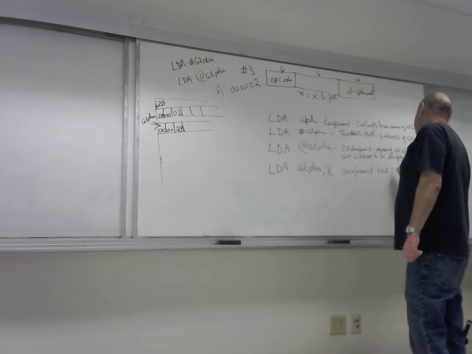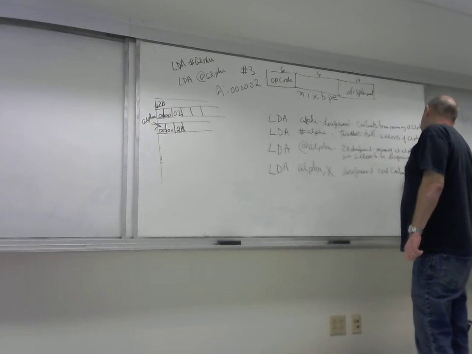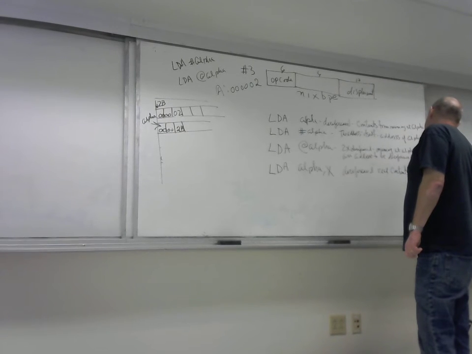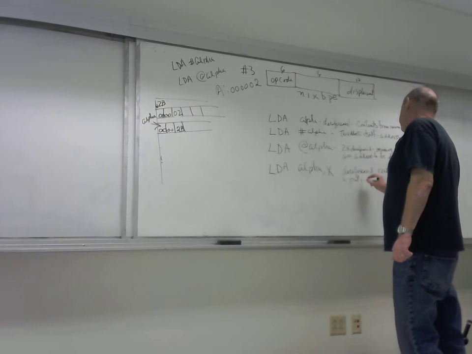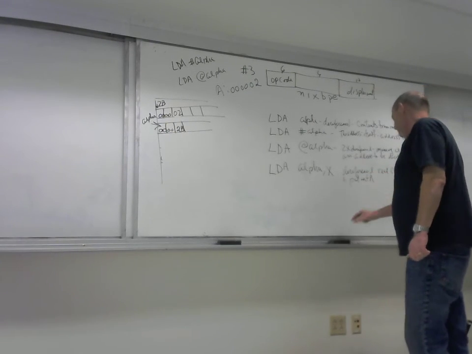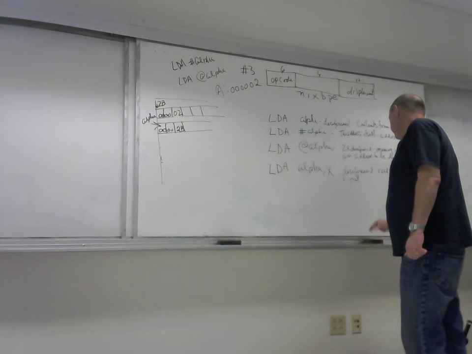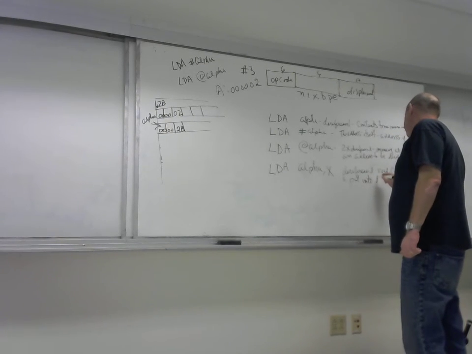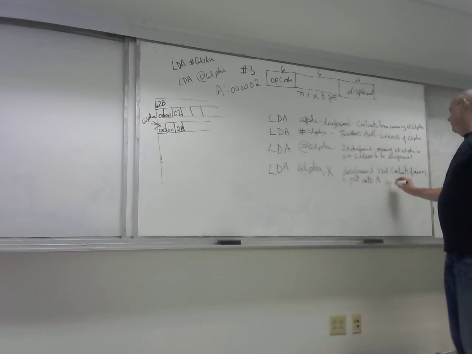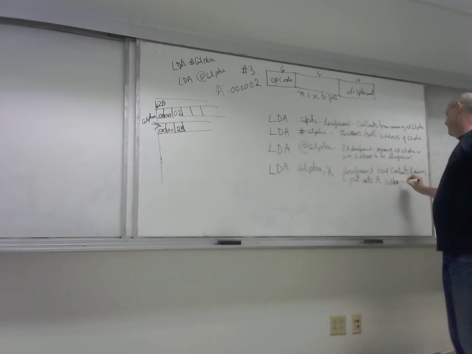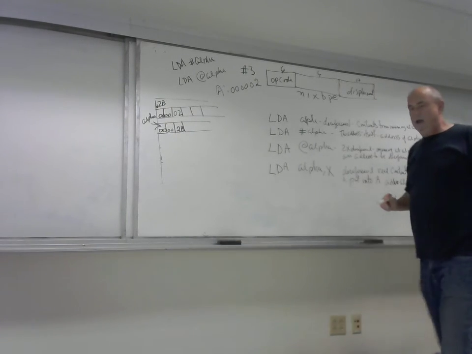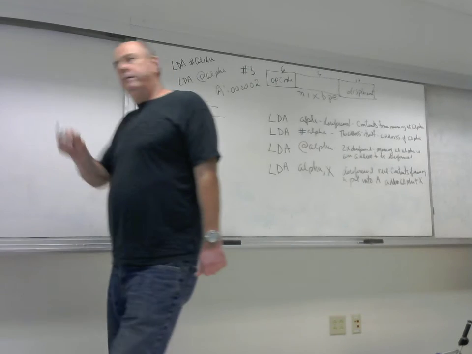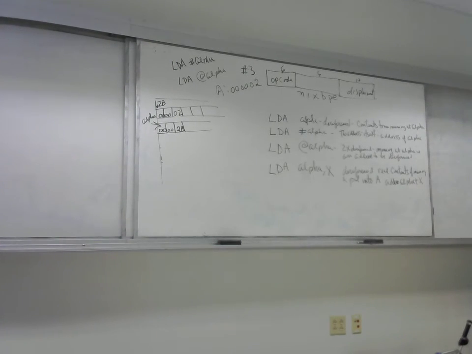Read contents of memory and put into A. And this is address alpha plus x. Go to alpha and then move down whatever's in x, that register, that many more bytes. So if the x register